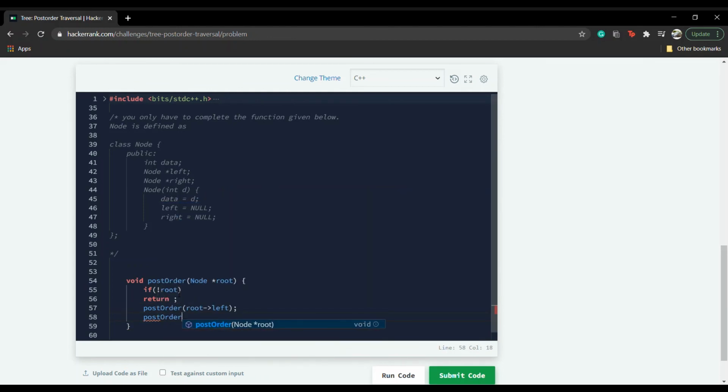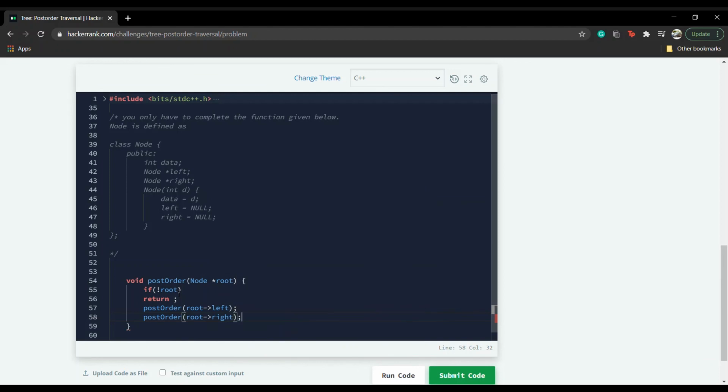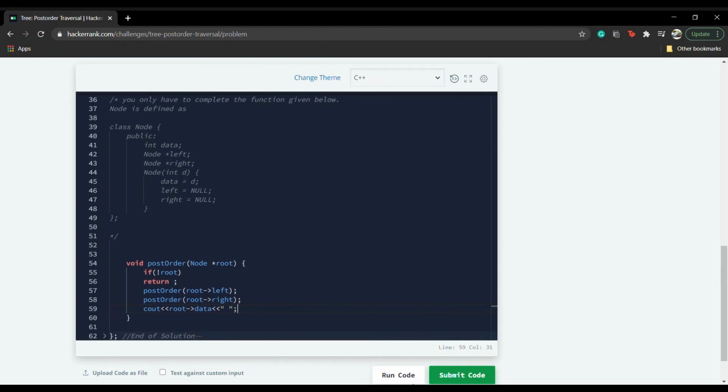And the next step will be to pass the right child. And finally, so let us now run this code.